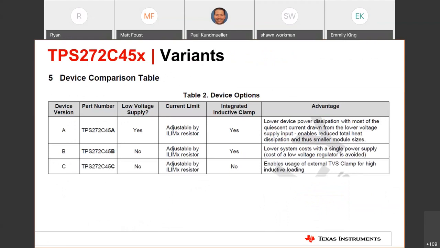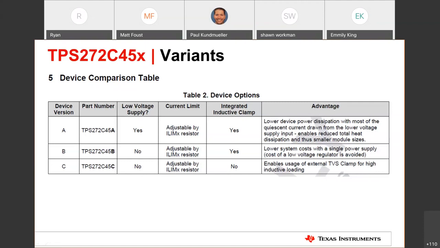Now to go over the TPS272C45 variants. The device offers 3 different variants. TPS272C45A, which offers the low voltage supply as well as an integrated inductive clamp; version B, which doesn't support a low voltage supply and has the integrated inductive clamp; as well as version C, which doesn't have a low voltage supply and does not have an inductive clamp.